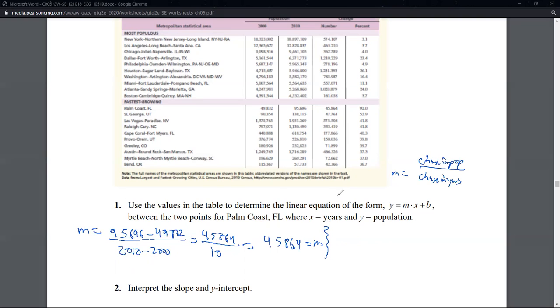For our b, we just talked about a second ago, we didn't do an example, but we did one last time, how as long as you have a point and a slope, you can plug those in to find the b. So remember, we're going for y equals mx plus b, so we're going to plug a number in for the y, we're going to plug a number in for the m, which we just found, and we're going to plug a number in for the x, and then we're going to be able to algebraically solve for b.